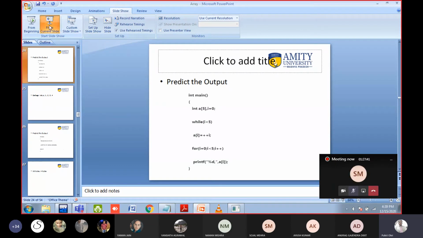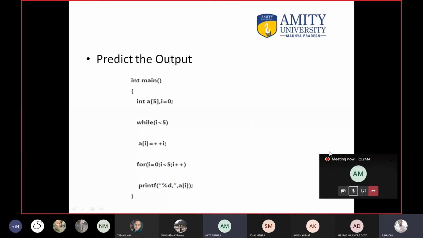Sir, 0, 2, 4, 6, 8. No. You can take help from the internet. You can write the code in the compiler. Tell me the answer, but with explanation. There is no strange concept used here that we have not studied in this lecture. Simple concepts are used. I have even given a hint that a variable cannot have multiple values. Yes or no? So here you are making the mistake. You are assigning multiple values at a point of time to the variable I.